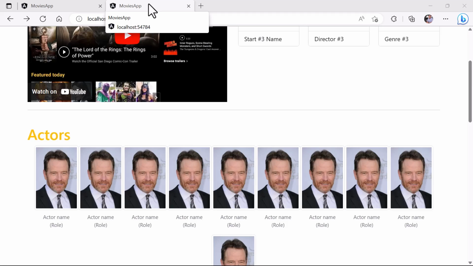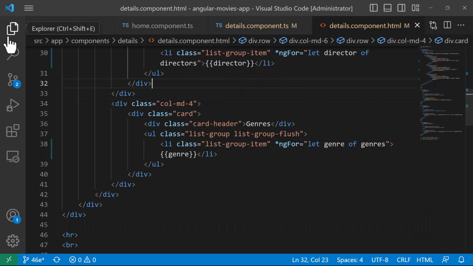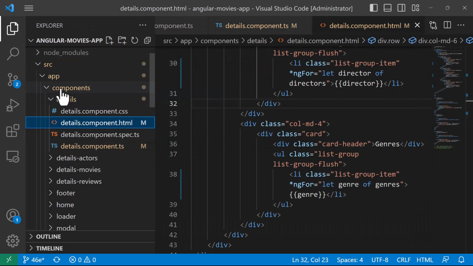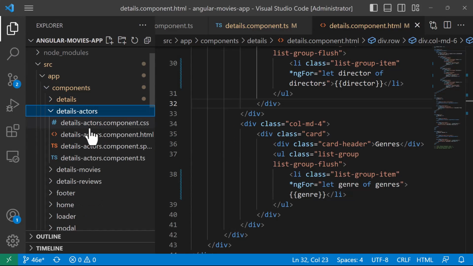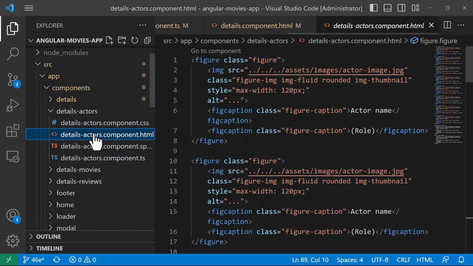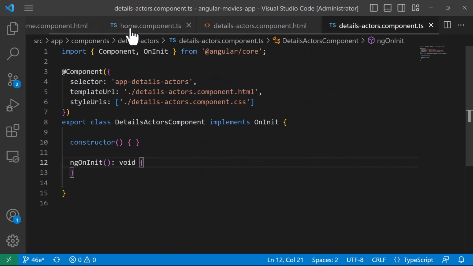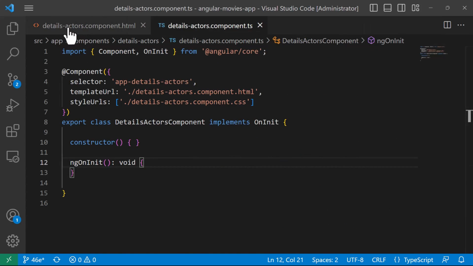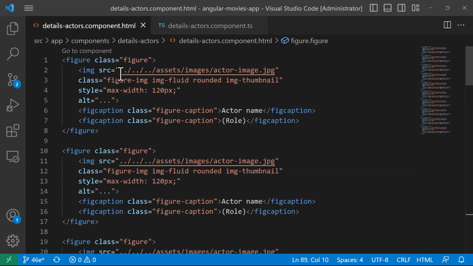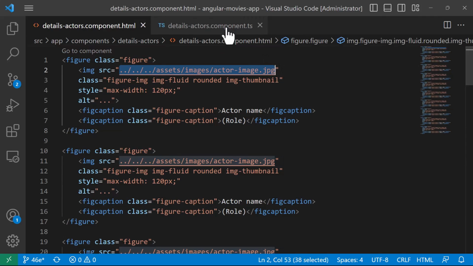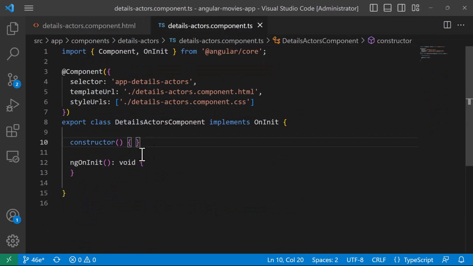So let us go to the movie actors component. And here I'll just go to the Explorer and then go to details actors. Let's open the HTML and also the TypeScript file. Just close this one. Here on the actors, you can see that we have the image URL. I'll copy this one. And here I'll create an array